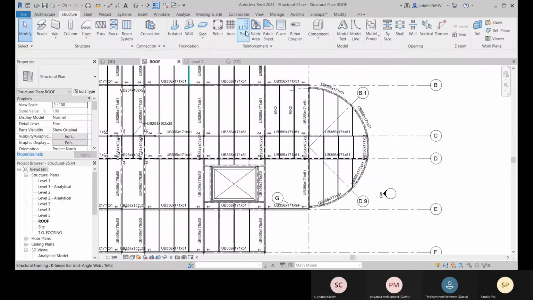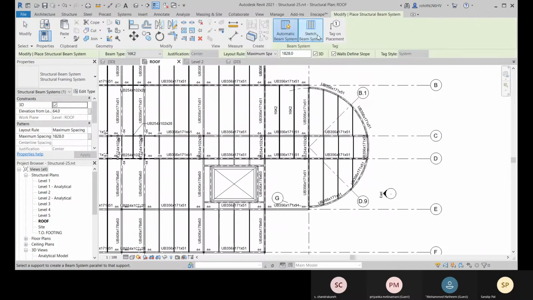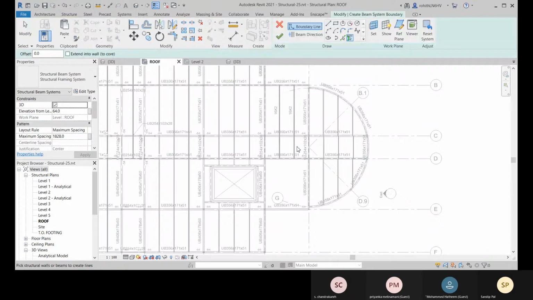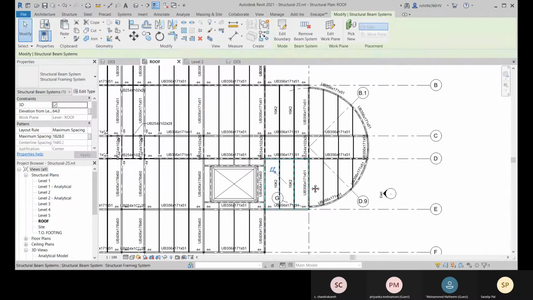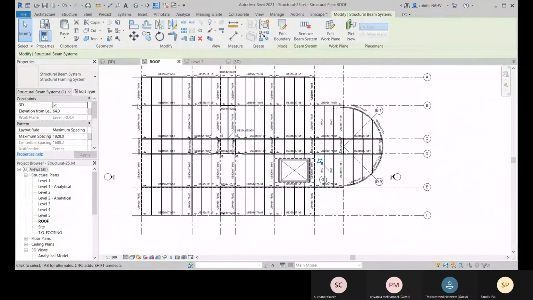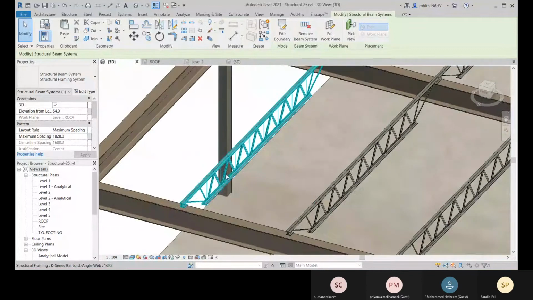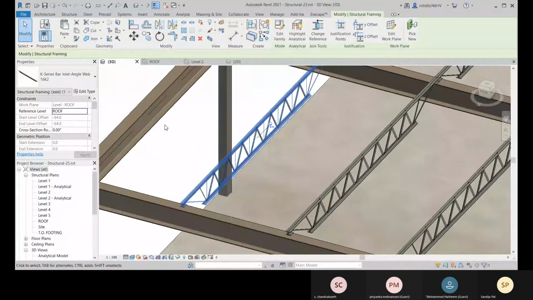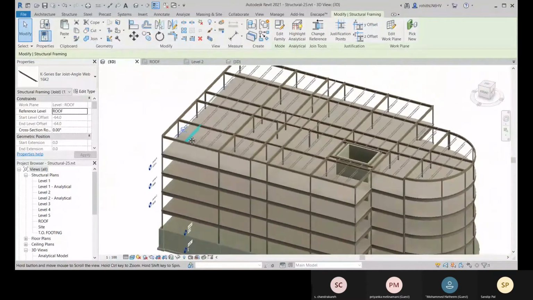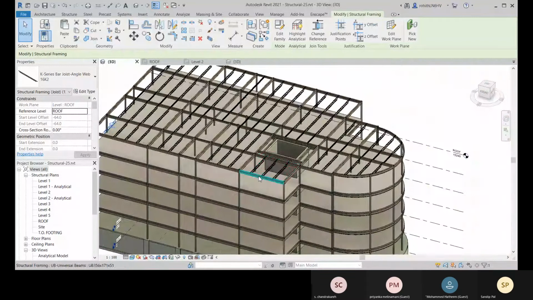And about this one also, let me go for the sketch beam system. Pick support for this one first and go for trim this one to this one. We're done. Okay, so this one we have made it. And now come to, and this is your joist beam. So this is your joist beam.